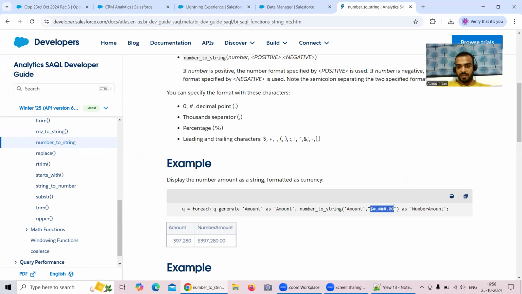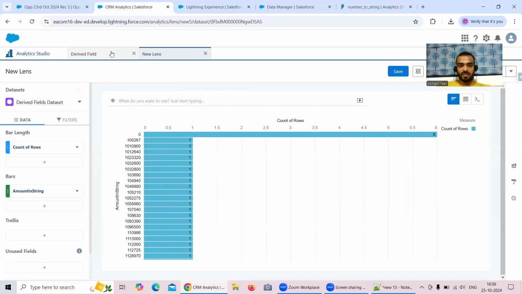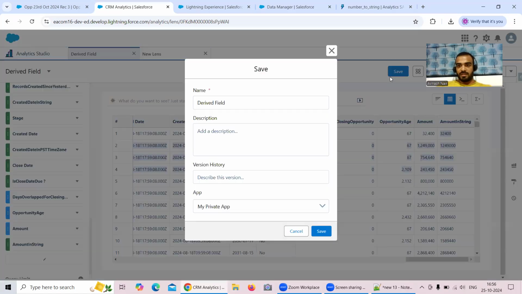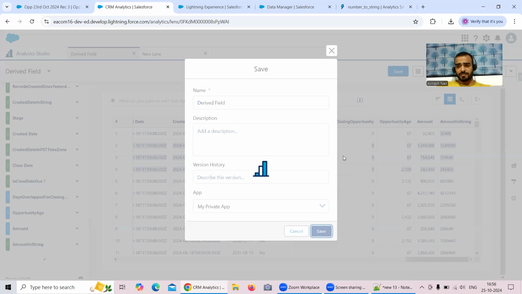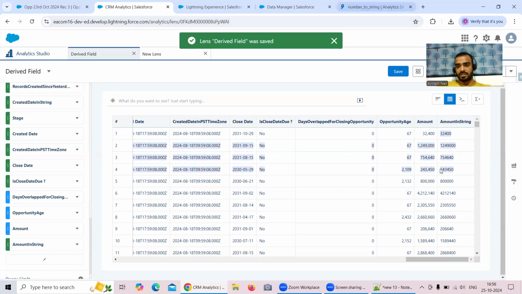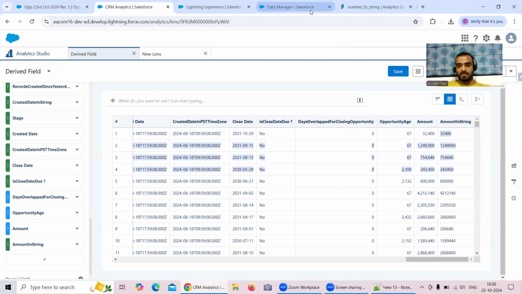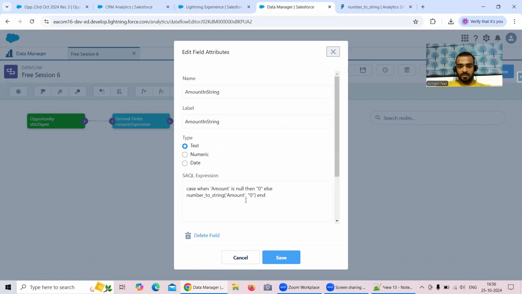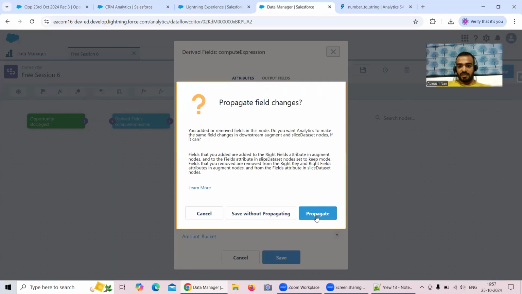And as I was showing you, you can give any one of the formats. For example, if I give this particular format and run this, you will see the dollar sign and also the commas. Right now you don't see any comma in my number to string in the last column. But if I give that format, you will see the appropriate commas we maintain in international numbers, and the dollar sign before it. Currently you don't see it, so let me go to my data flow and give that format. Under this simple 0, if I give this format and click on save, propagate,